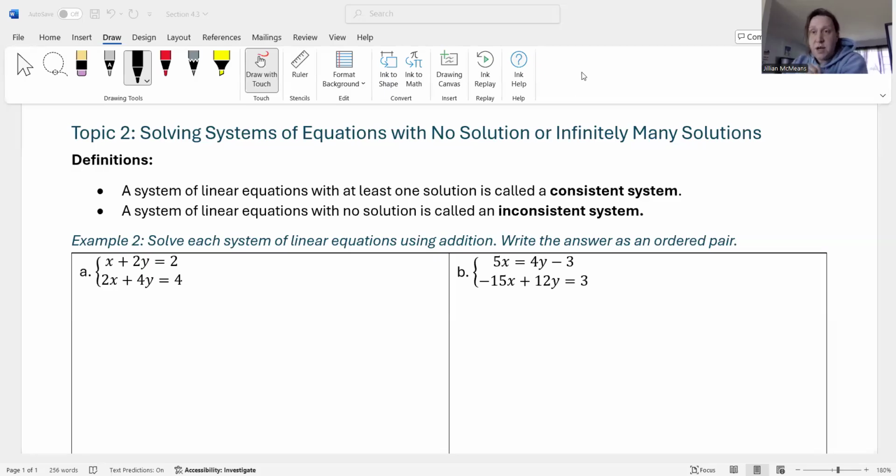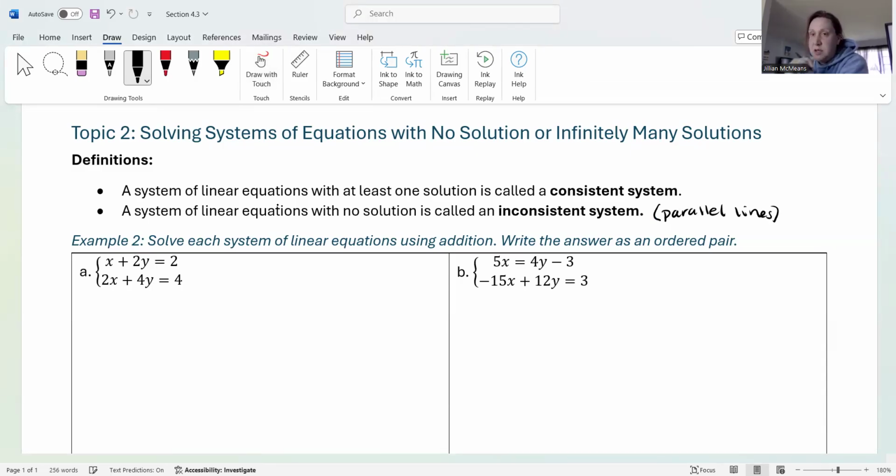Okay, for this last topic of the worksheet, we're going to look at solving systems of equations where we have no solution or infinitely many solutions, and we're again going to focus on that addition method, okay? So a couple of reminders. Remember, a system of linear equations with at least one solution is called a consistent system, and a system of linear equations with no solution is called an inconsistent system, and for us, this occurs with parallel